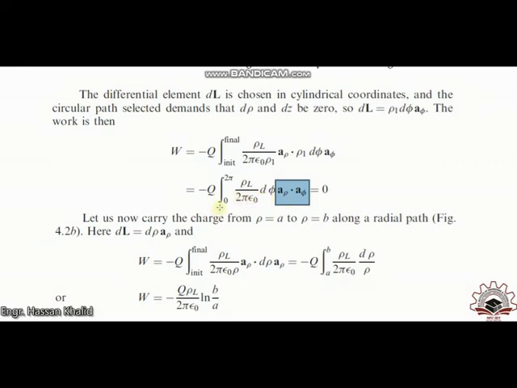However, if we assume that we need to find the work done by a charge passing through a cylindrical pipe and surrounded by the electric field intensity, we just integrate from 0 to pi, which is the overall area of this circle, and by doing that we will obtain that the overall work done in that closed path will be 0. That is also true by definition.